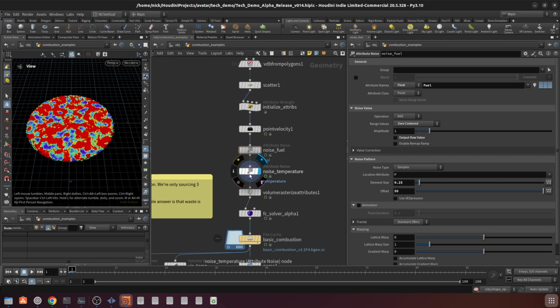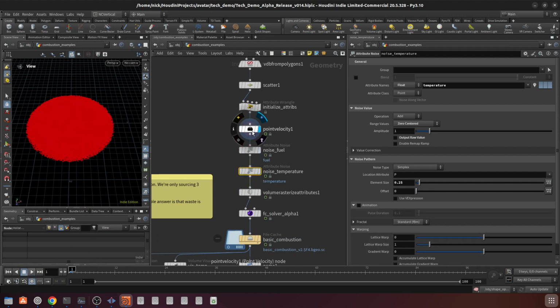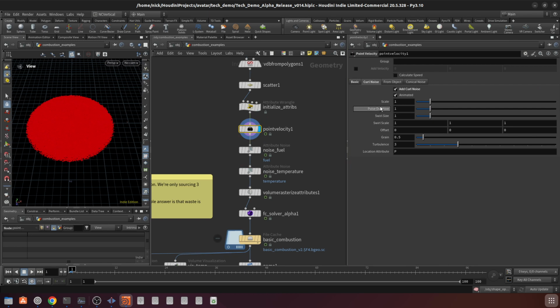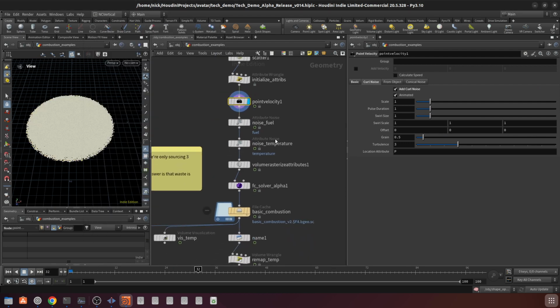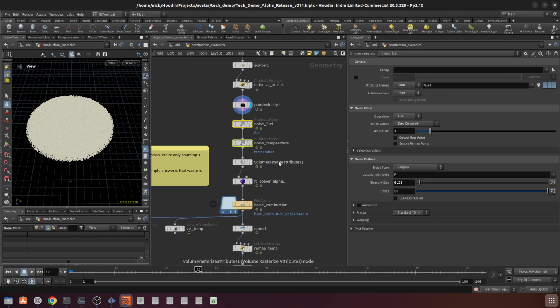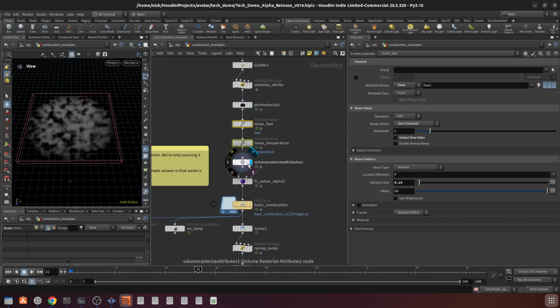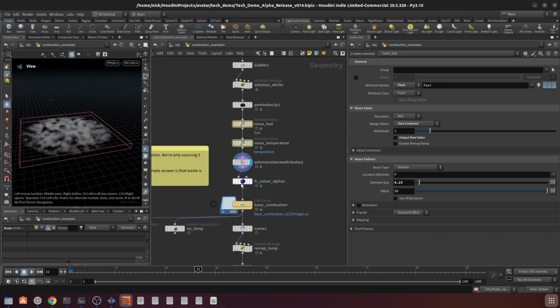They're not animated or anything. I think velocity is animated. Yeah, okay. So we got animated velocity and noise on fuel and temperature, and then rasterizing that and plugging it